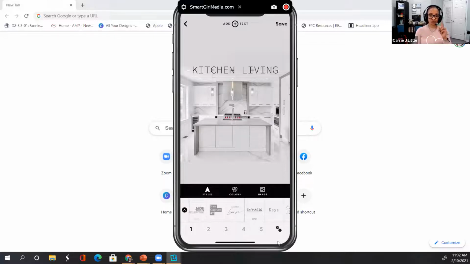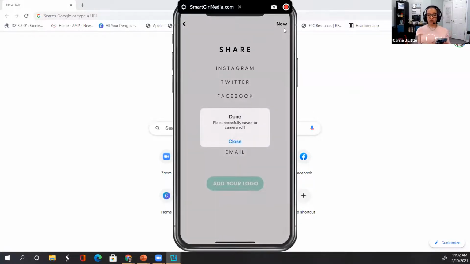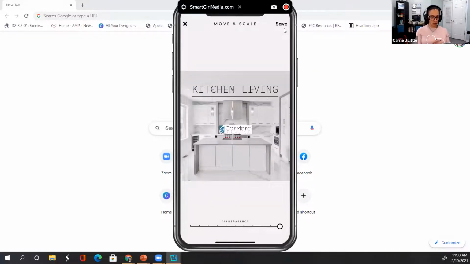At the top, now you could have put in 3 steps to updating the kitchen. At the top, you can add additional text. So you're not limited to one text field, you can have multiple. Then if you click save, I just downloaded this to my photos or my photo gallery. If you upgrade, you can add your company logo. And I already added my logo. So if I click same as last time, there's the company logo.